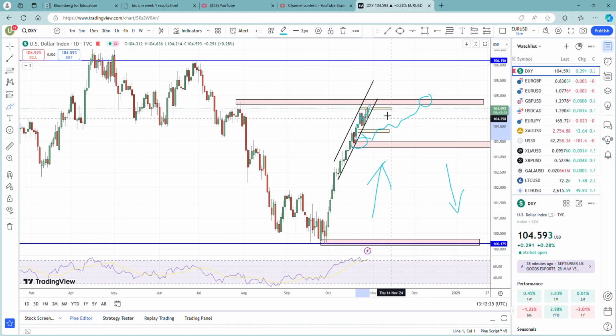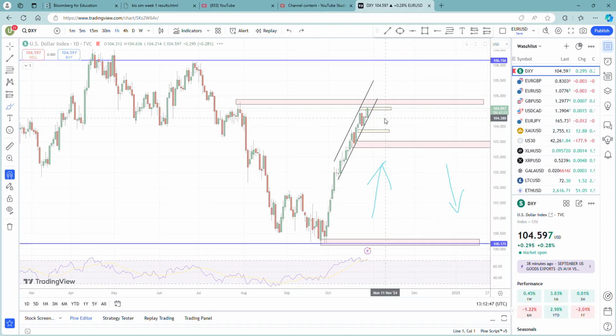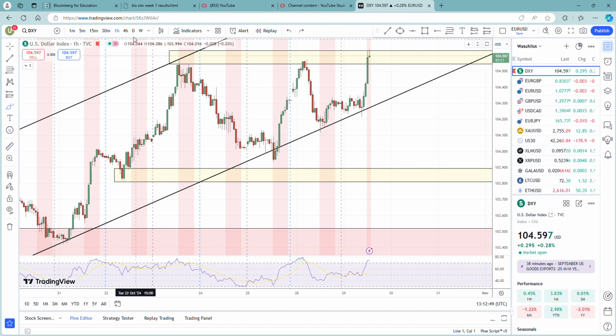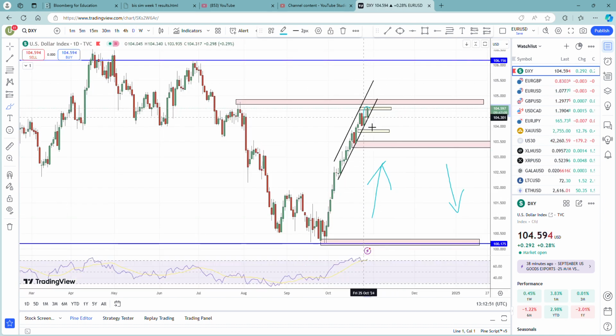So I can suggest and interpret that the price will go to this level here before it potentially retraces further down, or it could continue to be bullish and travel within this trend line that I've drawn, and it'll go to this weekly level here. But we'll have to wait and see how it plays out for the rest of the week. But today DXY is bullish, as you can see on the daily. Green candlestick here. If you go into the H4 time frame, you can see,